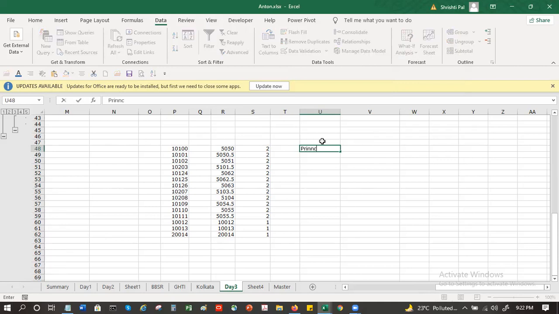Suppose I have a principal, I have rate, and I have amount. Interest, let's say interest. Now principal is, let's say 10,000. Rate of interest is 5%. And this is the yearly amount that I am getting.